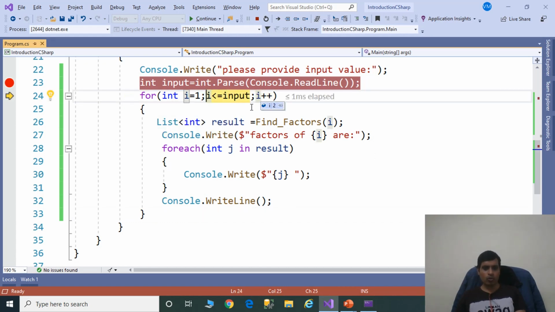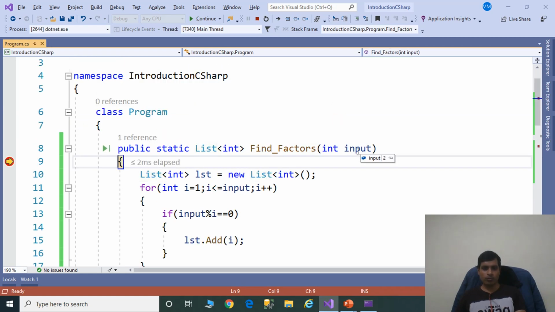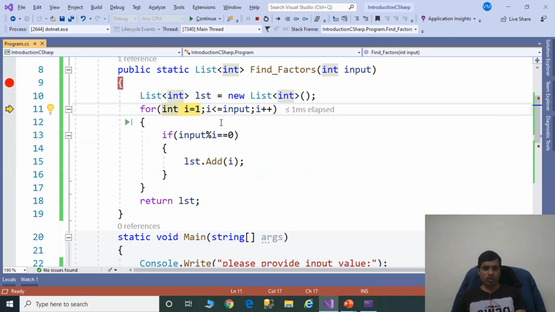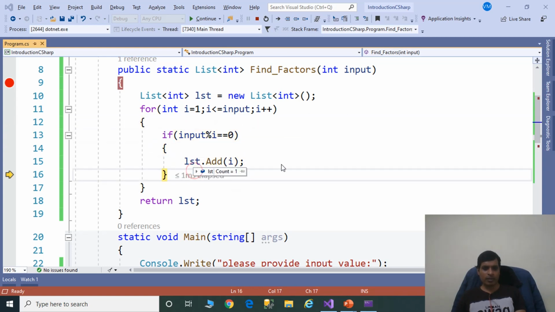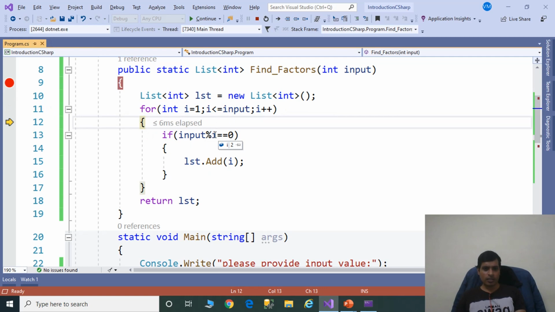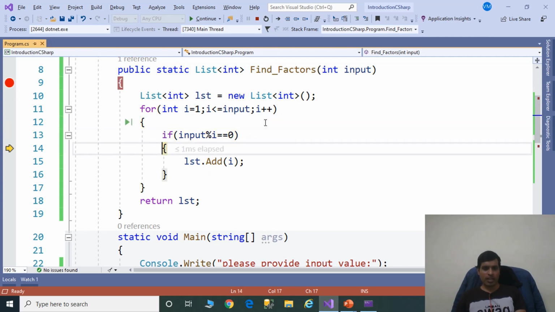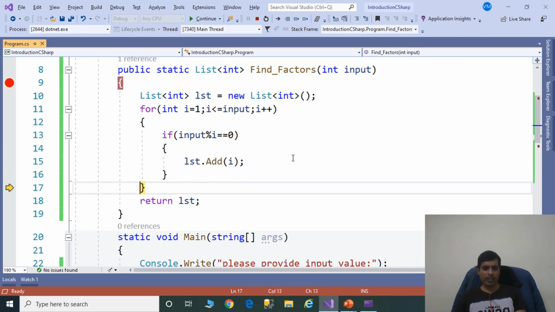Now i is equal to 2, 2 less than or equal to 5, true. Then passing to the FindFactors method, input is 2, so int i is equal to 1, 1 less than or equal to 2, true. Then here 2 modulus 1, it is a factor, add to list, F11, i is equal to 2, 2 less than or equal to 2, true. Then 2 modulus 2, true, that is a factor, add to list. Here the list contains two factors 1 2, F11,